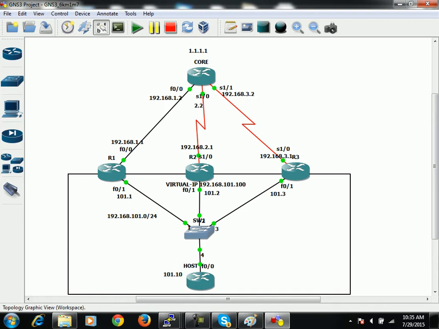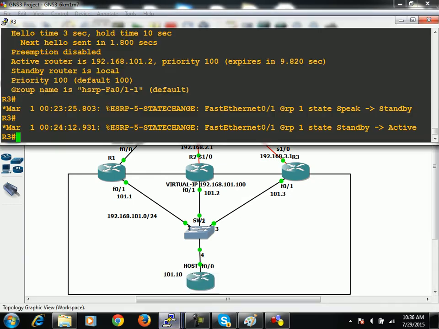See, it has proved that when I enable HSRP on all devices at the same time, then the higher IP address was taking place. But now I'm going to enable preemption. I will show you that the higher IP address will never take place. Even now the higher IP address is not taking place because R2 became active, and then after I enabled R3, R3 was still working as standby. It didn't elect it as active once again. As you can see once again, you can move on to R3,